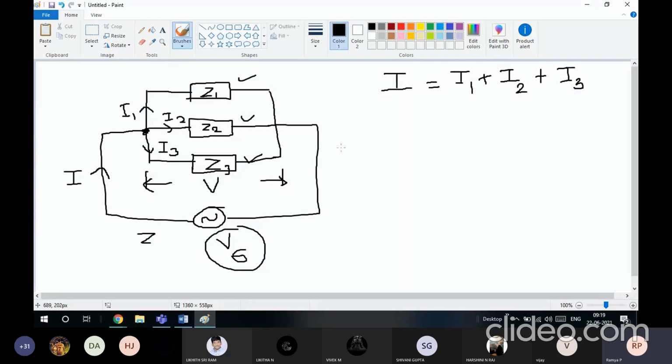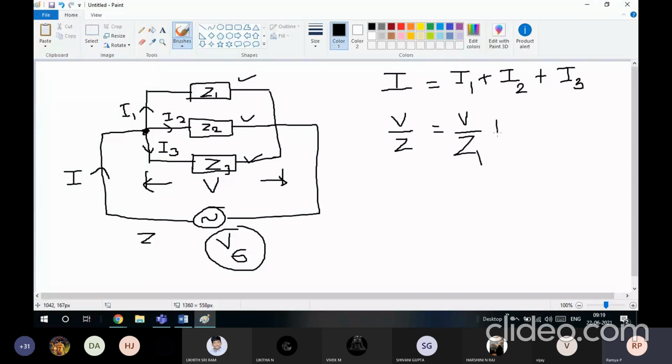That you know. So I'm going to write the total current I as V by Z, where Z is the total impedance. Similarly, what is the current I1? I can't write V1 here, because the supply voltage and the branch voltage are the same in a parallel circuit, so I can indicate it as V only. The voltage across the parallel circuit is V, and the impedance across I1 in this figure is Z1.